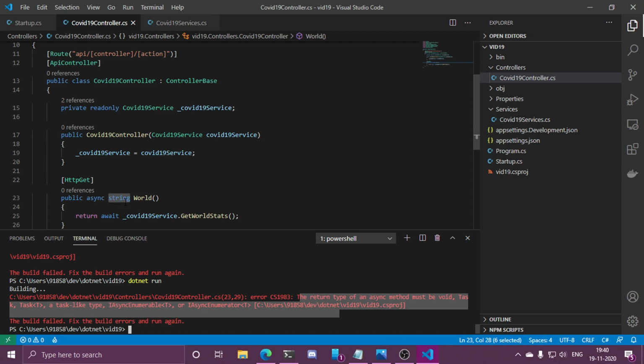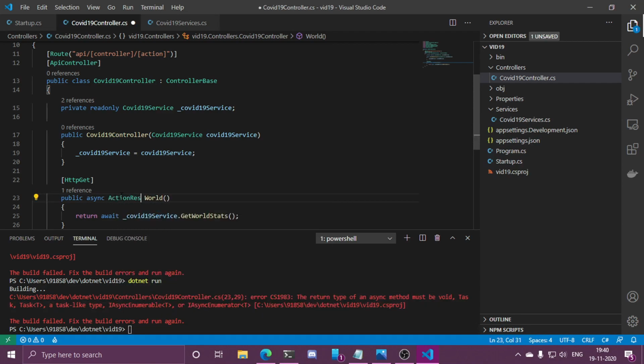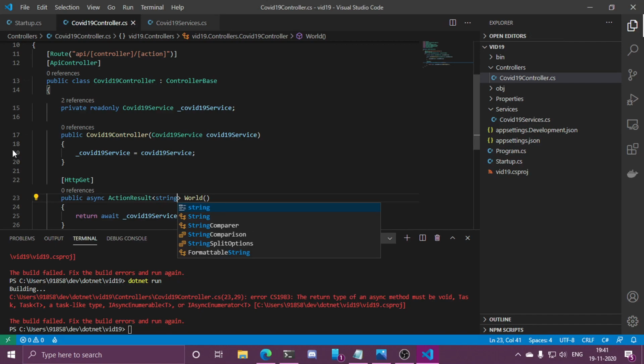So by convention, the actions are supposed to return the data of type action result. So this is the convention. Action result can be anything. Action result can be of type string. This is the parent class of the data that is being returned by any action.